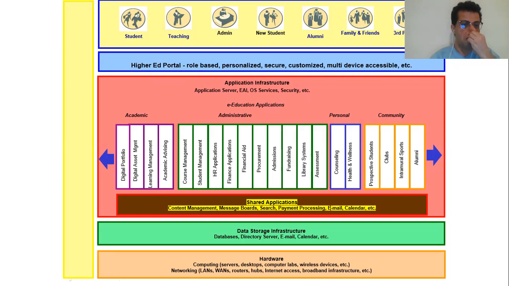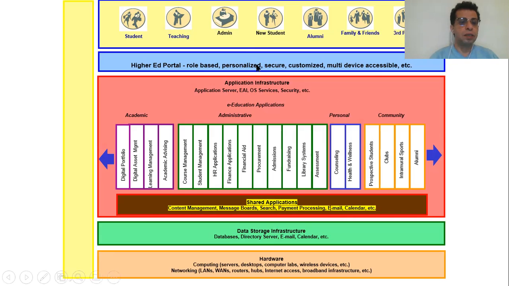Maybe you have one instructor who is also taking courses there, so he's a student and a teaching staff, or one admin who can also be a teacher or a student, or an admin who is a teacher and a student at the same time. So it's role based. When I'm entering my password and username, am I selecting as a teacher, a student, or an admin?